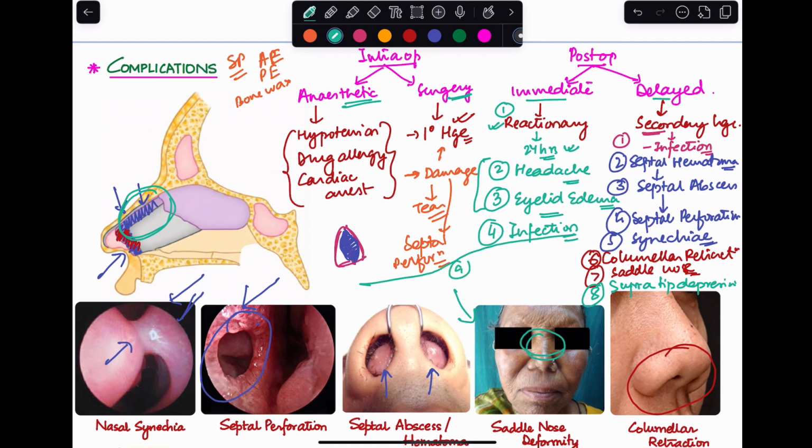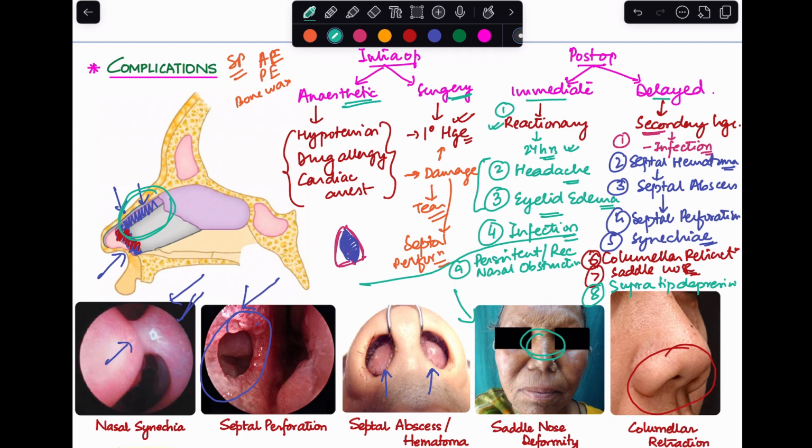There are more. The patient can complain to you of a persistent or a recurrent nasal obstruction. So you have performed a surgery maybe to correct the nasal obstruction, but you see that the patient continues to complain of a nasal obstruction. In that case, you have to determine what is the cause behind it. Maybe the deviation has not been corrected fully. Maybe there is some residual spur which has been left behind, or maybe there is a mucosal turbinate hypertrophy, or a bony hypertrophy which has not been addressed. All of these can also cause this. It can even happen because of synechiae development.